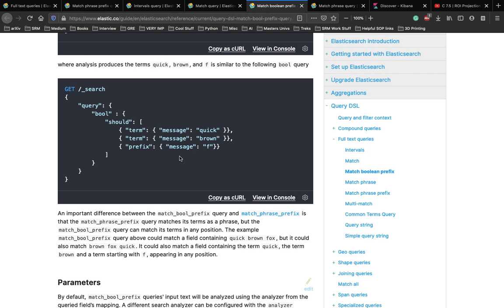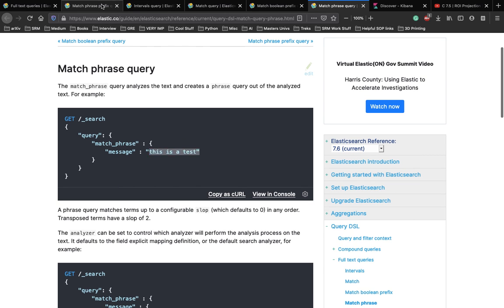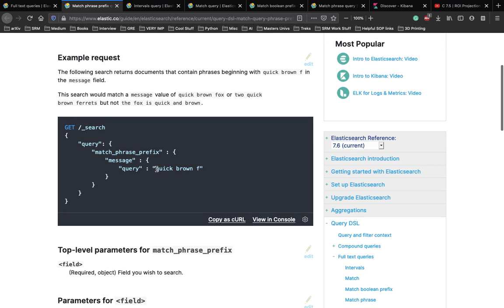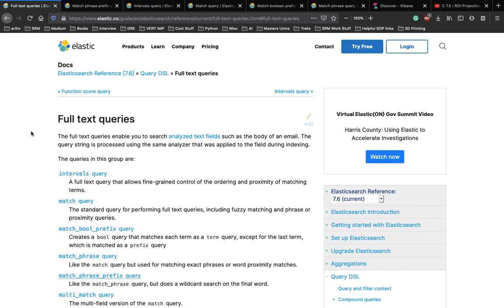It could also match a field containing the term quick, the term brown, and a term starting with F appearing in any position. So since it's a bool, either match quick or brown or any prefix starting with F. So either one of these is fine. But for the phrase, the entire phrase must be considered. So here it has to start with quick brown and end with the starting letter F. So these were some full text queries where you can build much better and more complex queries for Elasticsearch